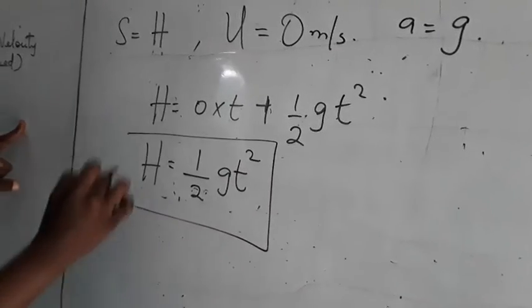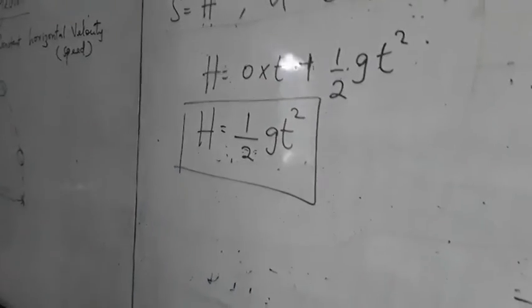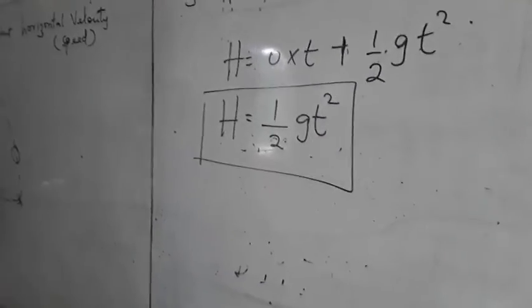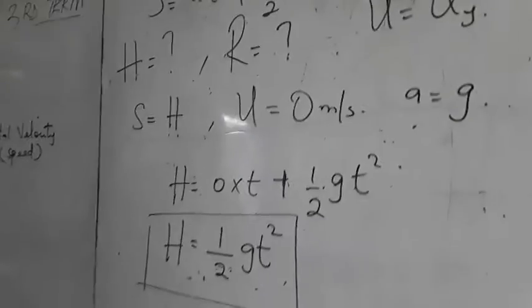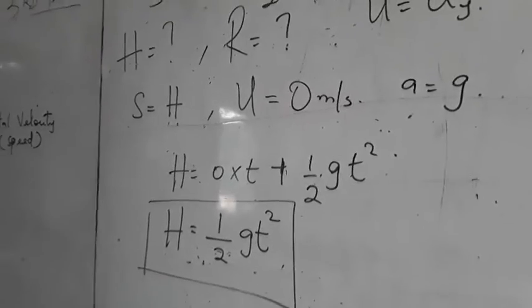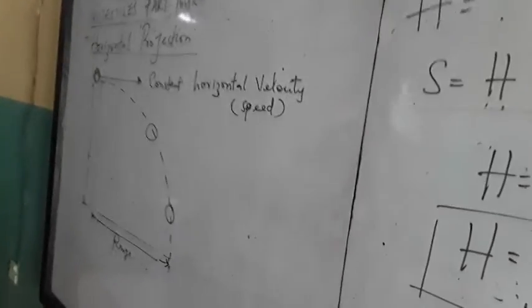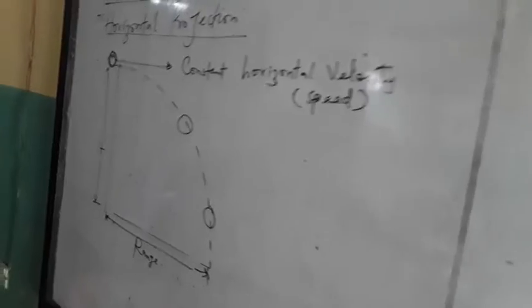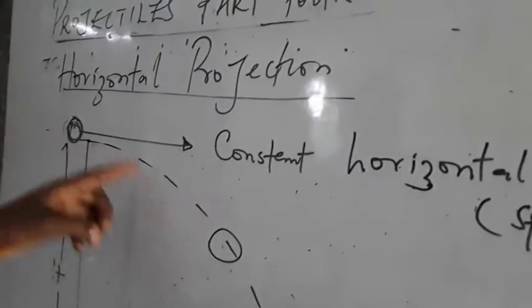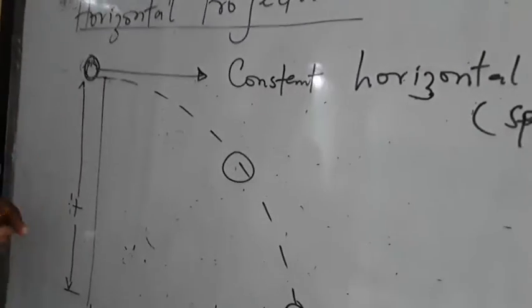Please note. Half gt squared. That's the formula for finding the height in a horizontal projection. The one that we had in our previous class was for a vertical projection. But this one is for a horizontal projection. When you stand on a tower and you try to throw something downward, you notice that the height here is